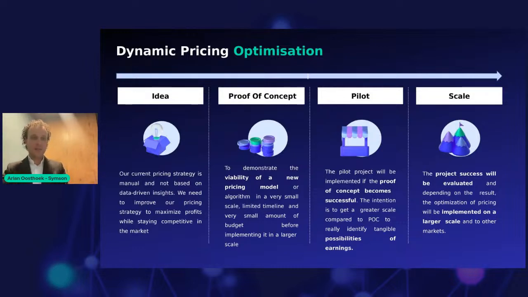of concept. This proof of concept is done on a very low scale. So you try to make the technology feasible and the business case feasible, and then you can start in the next phase to really pilot this. So in terms of implementation, we often first start with a pilot scope. This can be a country, this can be a small group of products where you pilot with the dynamic pricing model and critically evaluate the success of dynamic pricing, and also evaluate if you miss some factors and if all